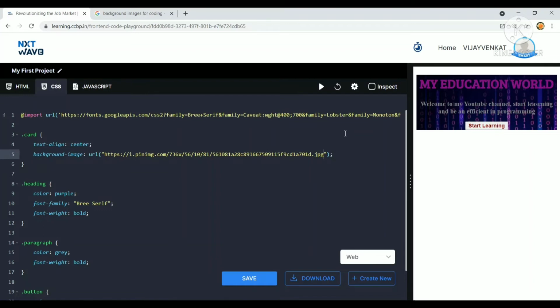The image is appearing just a bit. In order to make the image appear full size, we need to add some properties. Those are viewport. A viewport is nothing but a device's certain height and width.